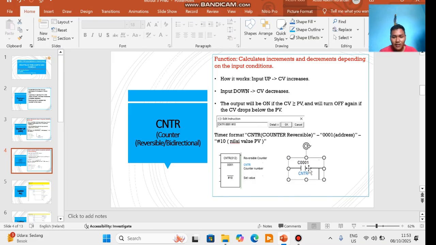And next is the picture for the CNTR ladder diagram in the GX programmer.